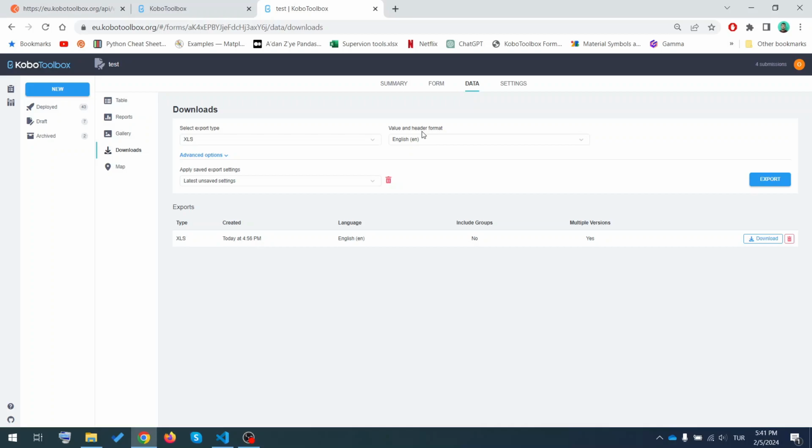Just give the permission to view and edit. Then the people who are going to edit the form can use that account if they don't have their own Kobo account already, but their Kobo account also needs to have permission